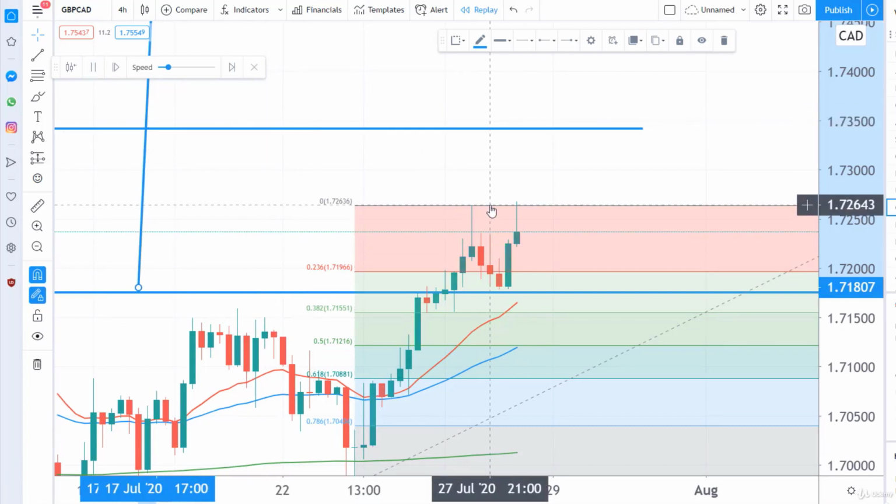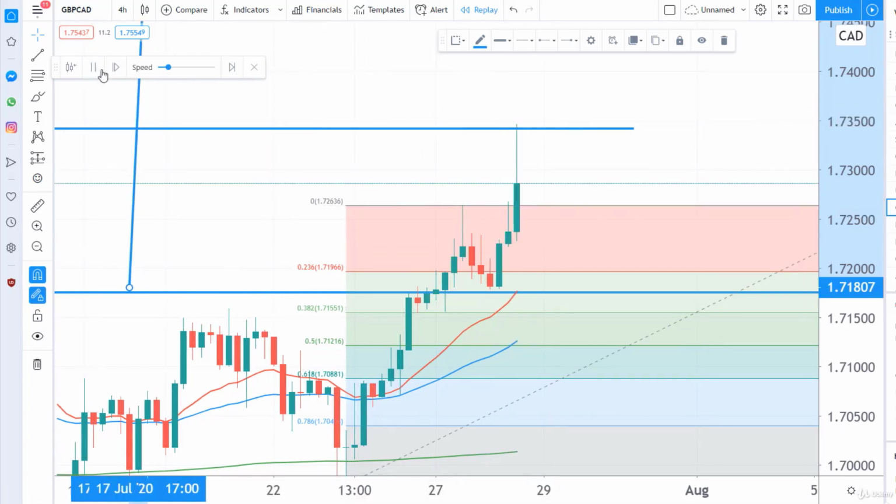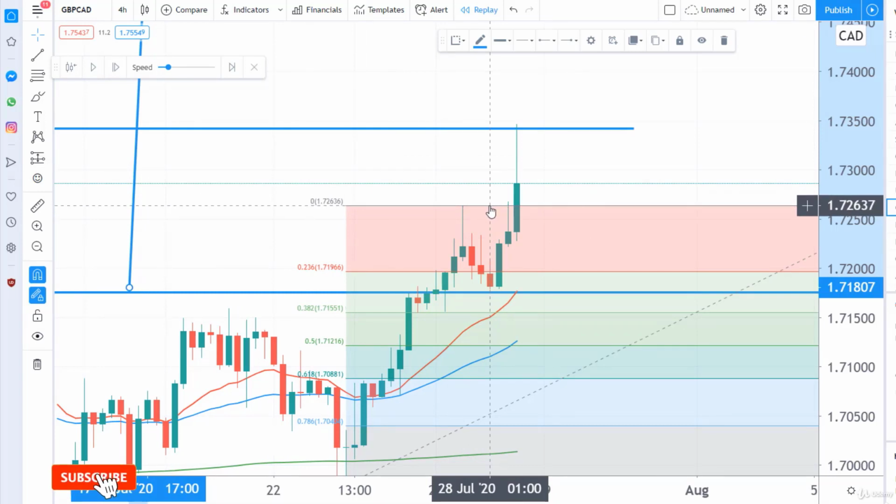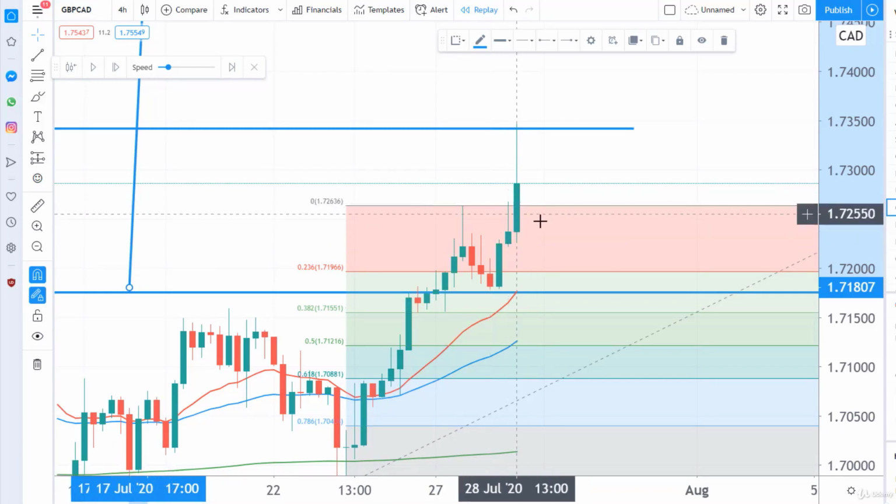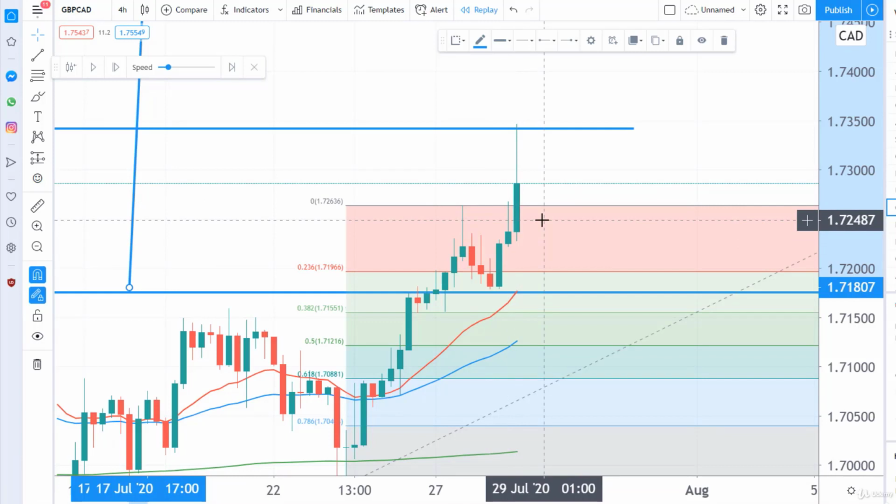So we can see it tested the high and found resistance. That's pretty normal. In terms of psychology on the market at this point, at the 172.64, when you're trading this particular market and you see this rejection, especially something like this would again break your psychology to a degree. You would think it's rejecting and you would potentially take your order early and say, oh, why didn't I take